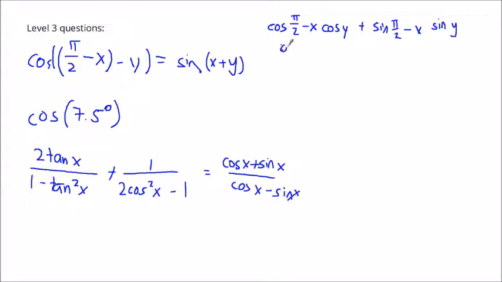Right, this is going to be now cosine of pi over 2, which, before we even start, cosine of pi over 2 is 1. Right, so cosine of pi over 2, before we even start expanding this, is 1, and the sine of pi over 2 is 0. So we have cosine of pi over 2, cosine of minus x, so that'll be cosine of x, right? And then sine of pi over 2, which is 0, so that doesn't even count. So you'll end up having cosine x, cosine y, plus